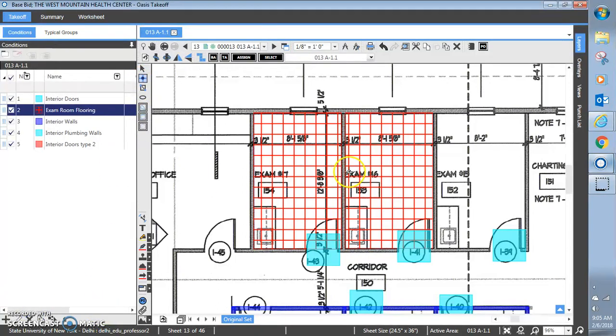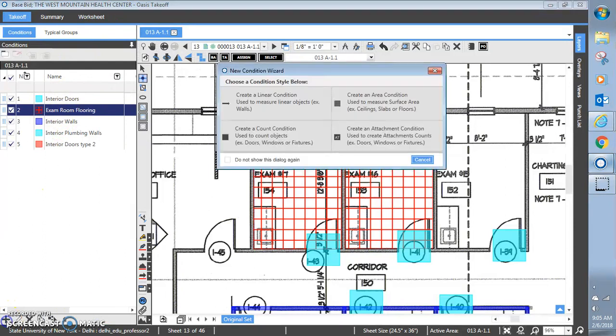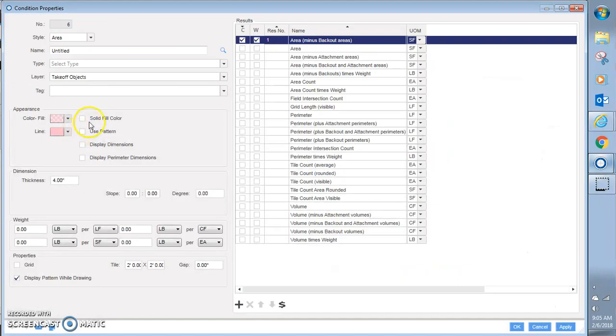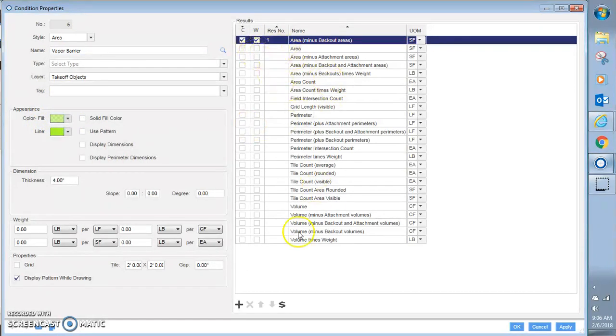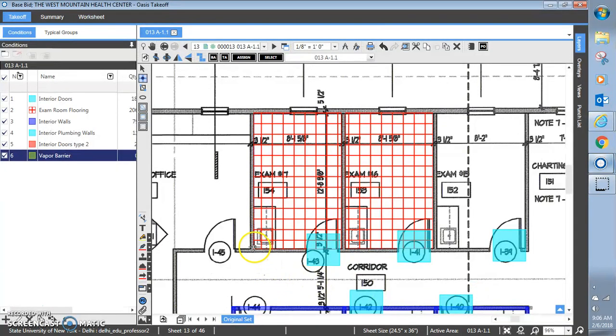Now let's say there was a vapor barrier underneath that. You can layer conditions. So if I go back in here and I just make one called vapor barrier, this is where you would want a contrasting color. So I'm just going to select a light green. Click OK. And now if I trace this, so if there's a vapor barrier underneath the tile, you can see the conditions. They have a transparency, so they show through each other,